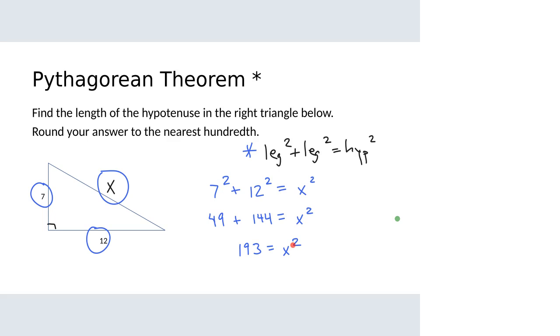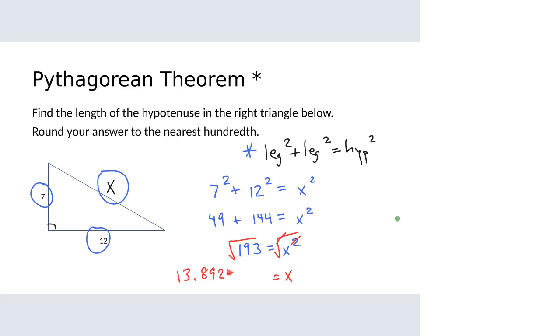And at this point, you can see if I had these two reversed, it wouldn't matter. I'd still get 193 equals x squared. Really important to not forget the last step. The last step here is I'm trying to get x by itself. So I need to take the square root to get rid of squared, leaving just the x. And if I take the square root of the right-hand side, I also have to take the square root of the left-hand side. So we'll take the square root of that 193, and I get